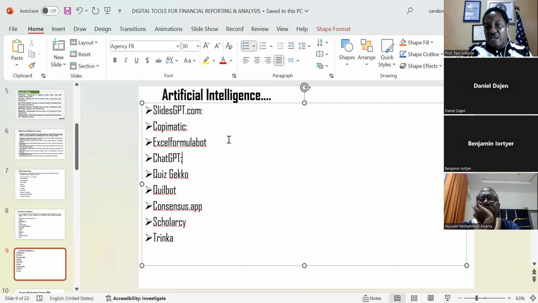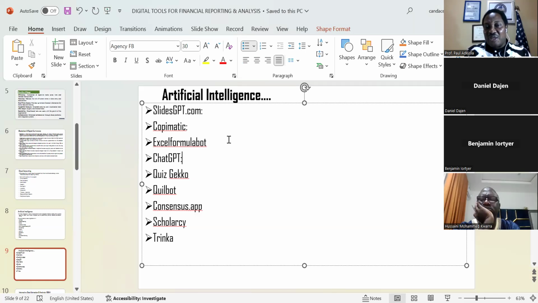For some of us who rely on ChatGPT, I will also inform us that professors in the United States have discovered that most of the assignments they give to their students, they use ChatGPT. Now they have another software they use in detecting who has used ChatGPT. So what they tell the student is, if you are given an assignment and you use an AI tool, you should specify in your reference section the AI tool you have used.